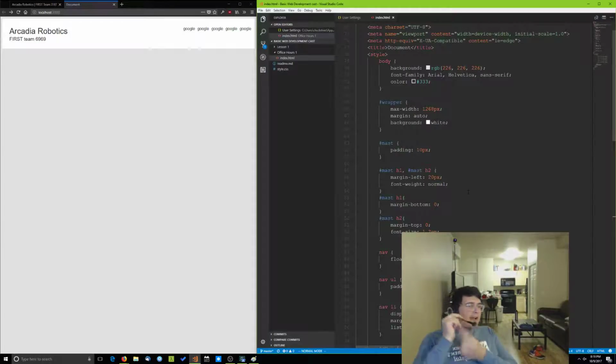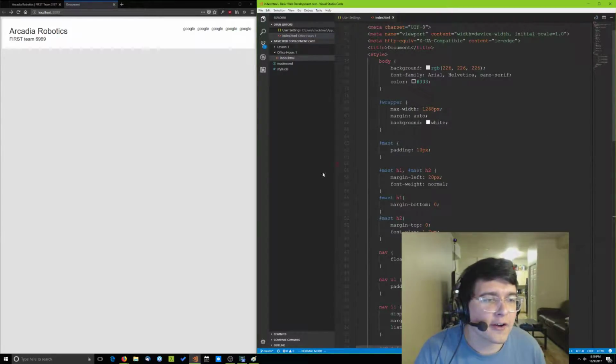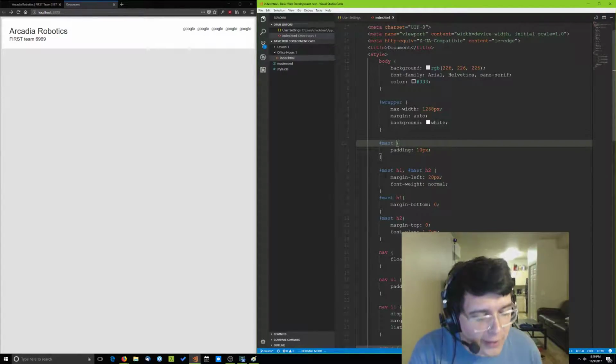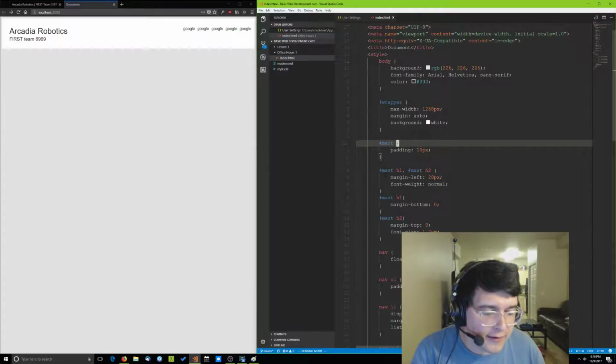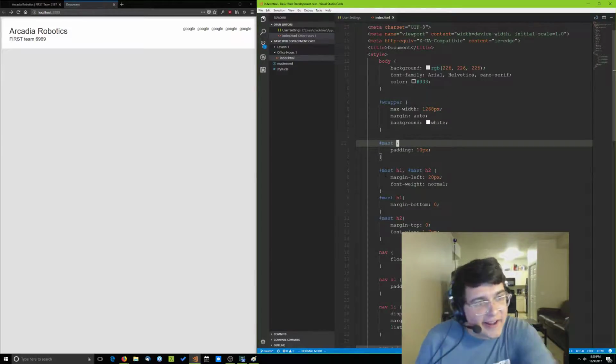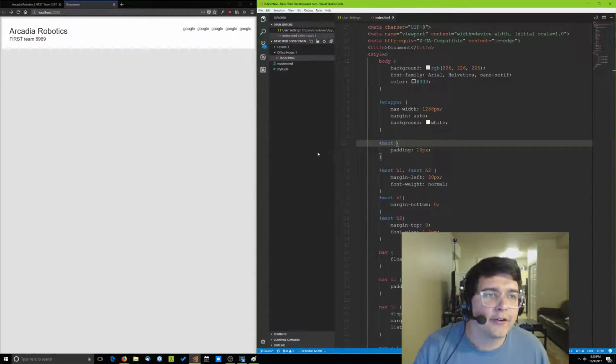Anyway, back to work. So let's talk about selectors for a little bit. Selectors are these little bits in the CSS that define what you're doing. The language CSS stands for cascading style sheets, which is a weird name just to say that styles cascade. So your document, your HTML,